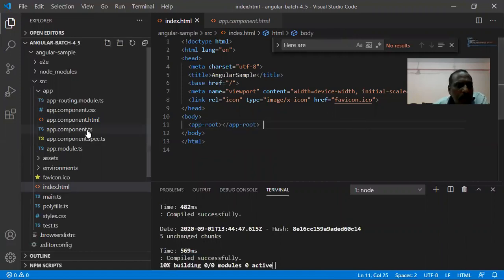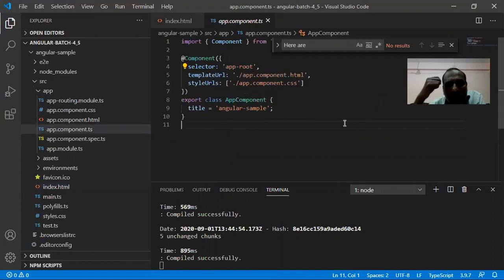App-root, you go to app.component.ts. Have you observed app-root anywhere? App routing module, component selector. Right, selector app-root is present.